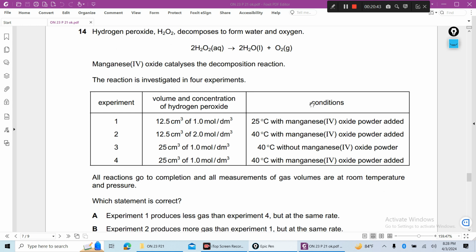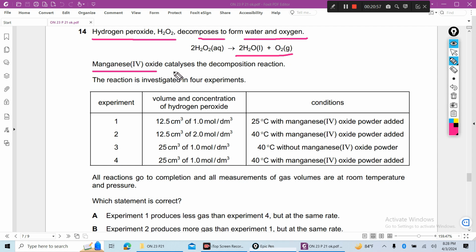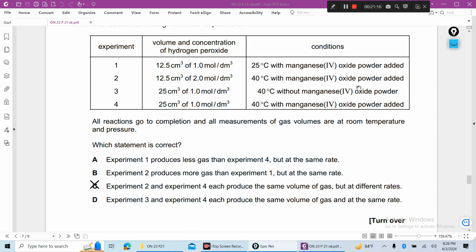Number 14. Hydrogen peroxide decomposes to form water and oxygen. This is the reaction. Manganese(IV) oxide catalyzes the decomposition reaction. The reaction is investigated in 4 experiments. This shows experiments 1, 2, 3, and the volume and concentration of hydrogen peroxide. This is the condition. So you are asked